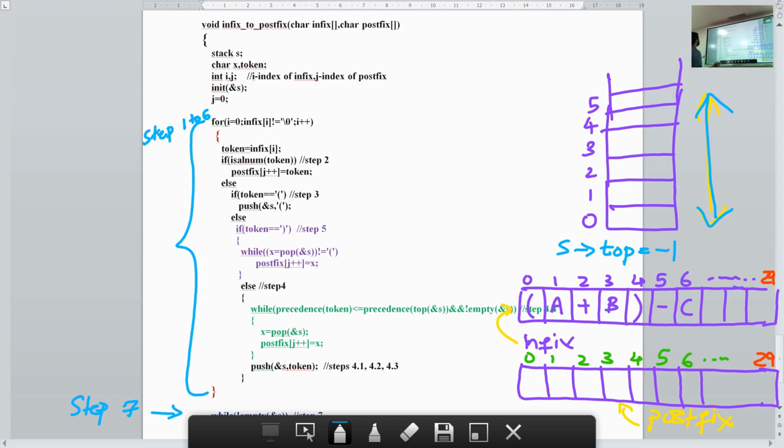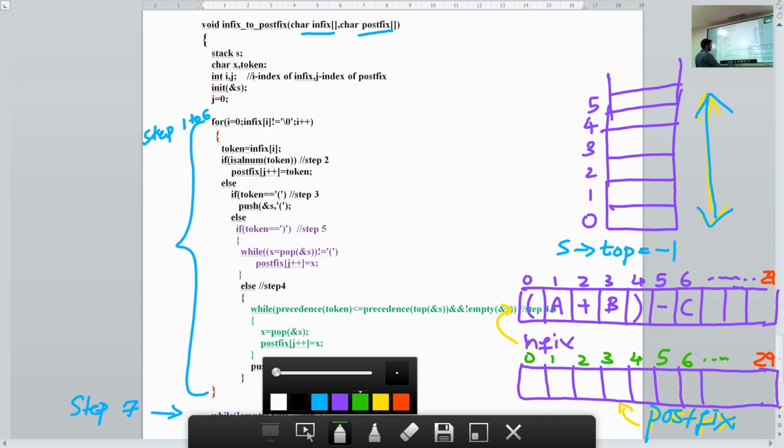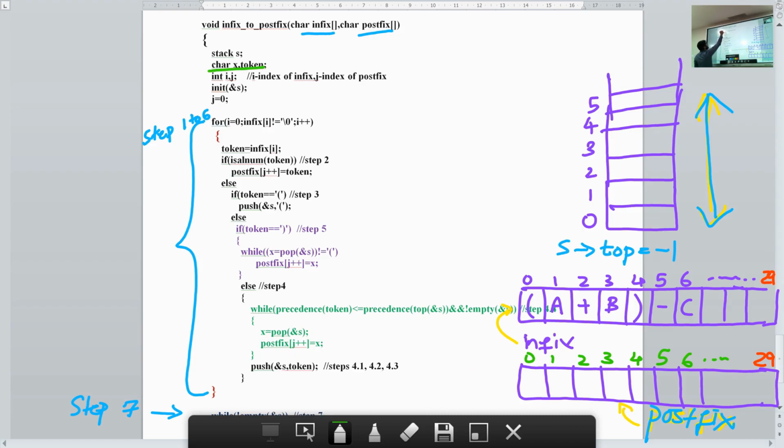So let's start. I have passed my infix array, which is this one, and my postfix array, which is this one. Right now the postfix array is empty, nothing is there in the postfix. This is my postfix array. Then I declare some variables.